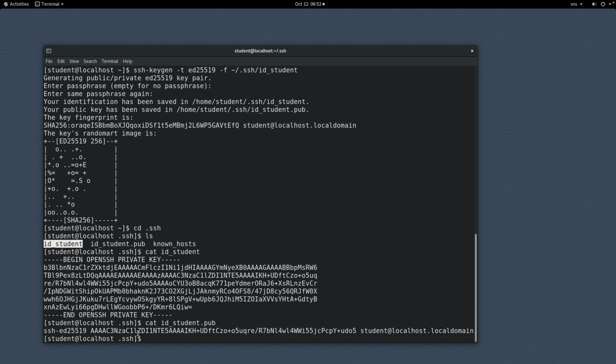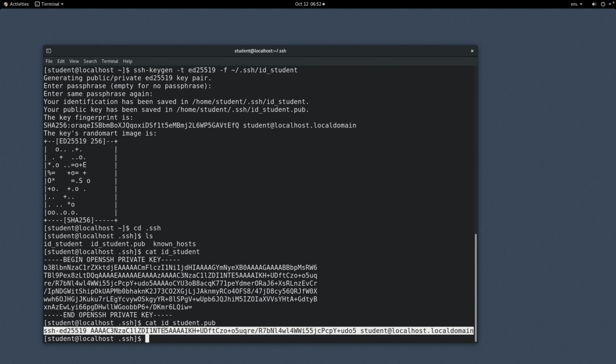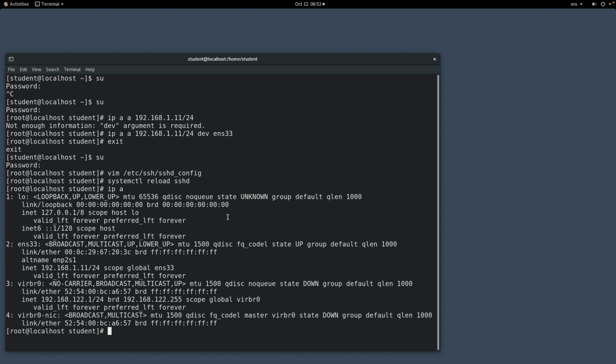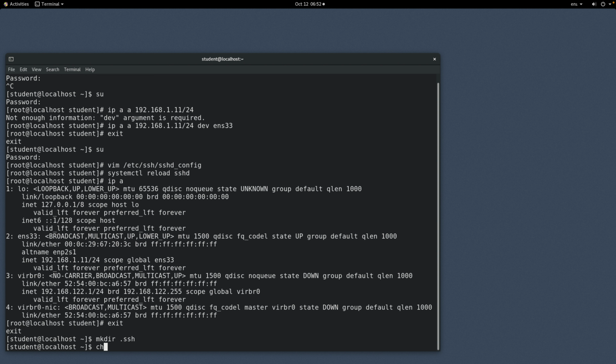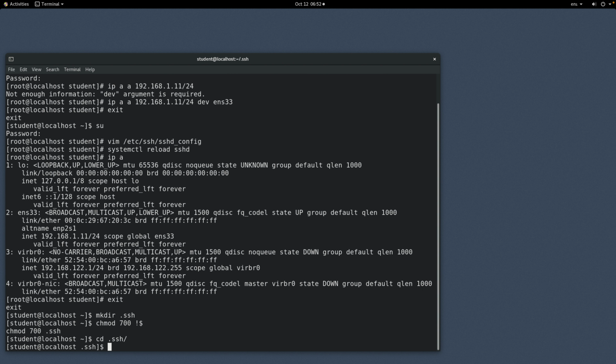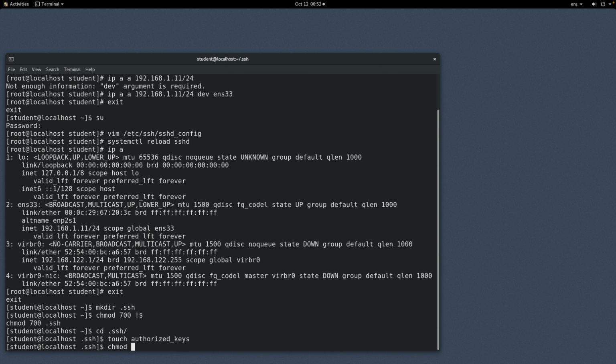and you will have another file ending with .pub, as in public, this is your public key, and in order for your server to be able to acknowledge you, you should copy this key, or you use ssh-copy-id, this command. You need to make sure you put this on the server. So we are trying to log on as student, so on the student you create this .ssh folder and make sure it has the proper permission, 700 for the folder. I'm so lazy, I'm just going to do this. And then you're going to touch this file called authorized_keys, and you give